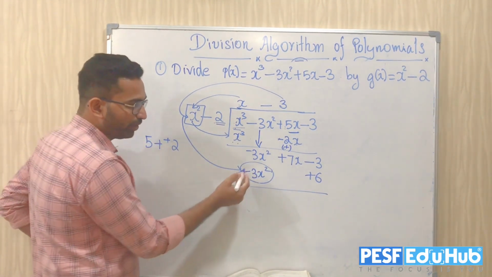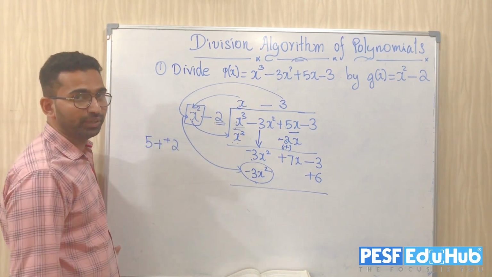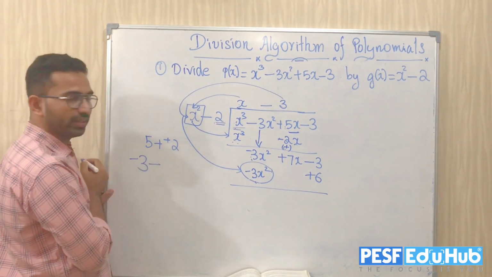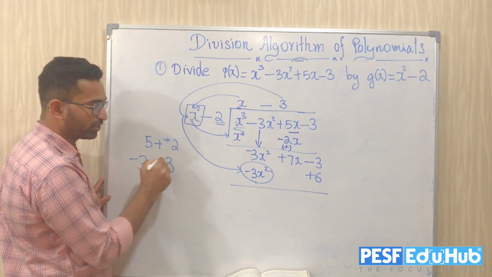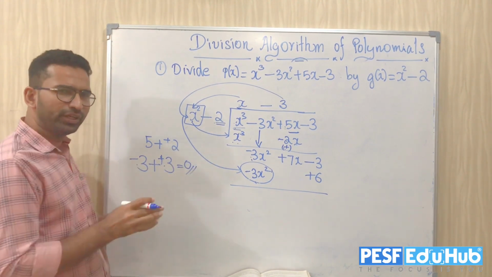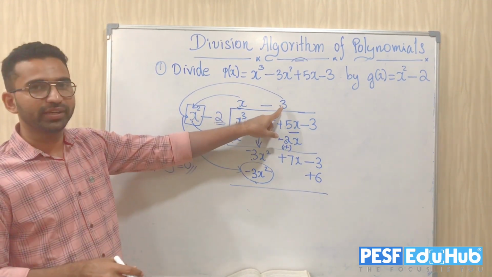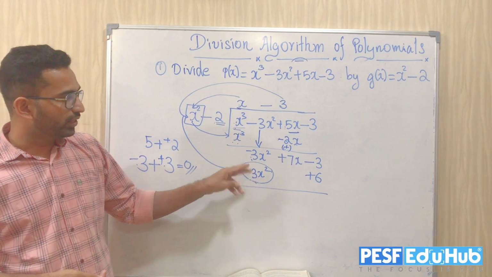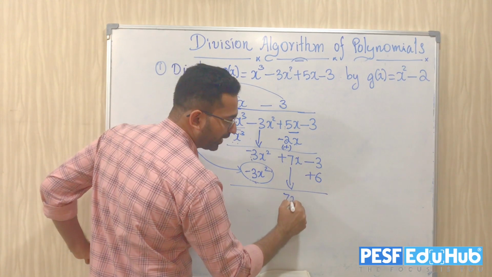Okay. So as I told you before, when you subtract this minus 3x square and minus 3x square, definitely it will disappear. If you want you can check. What is the coefficient here? Minus 3. You have to subtract how much? Again, minus 3 you have to subtract. This minus and minus becomes plus. So minus 3 plus 3 will become 0. Definitely you will get, my dear friend, 0 here. That is the reason we are writing here a new term. So this is 0. So I have nothing to subtract from 7x. It means 7x will come here as 7x only.